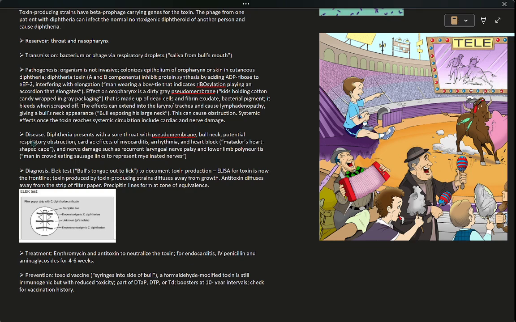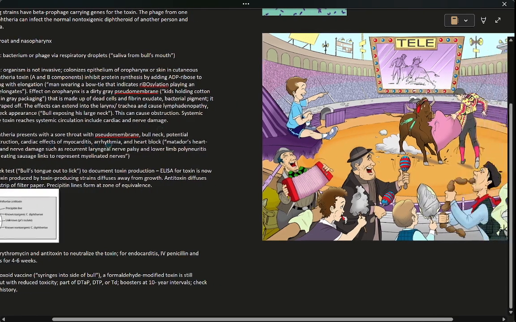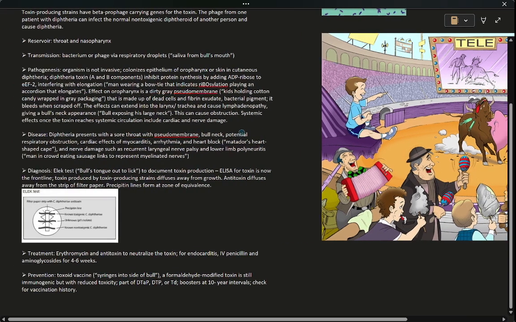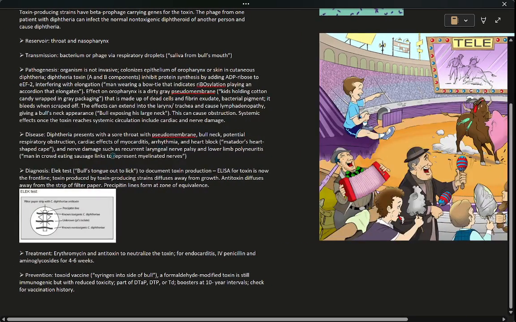So in addition to that respiratory obstruction, there can be cardiac effects of myocarditis, arrhythmia, and heart block if the infection becomes systemic. You can remember these possibilities by thinking about the matador's heart-shaped cape, as shown over here. And then